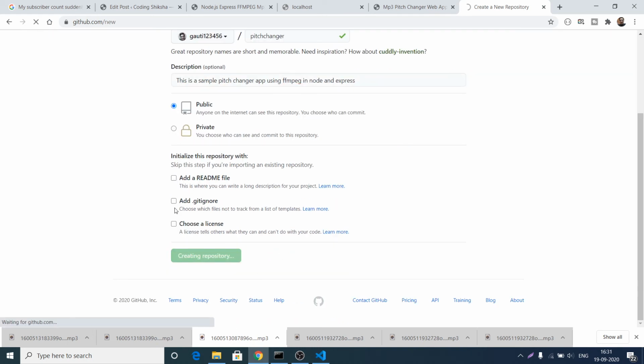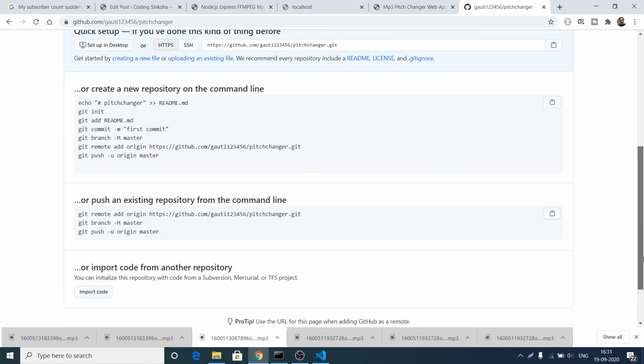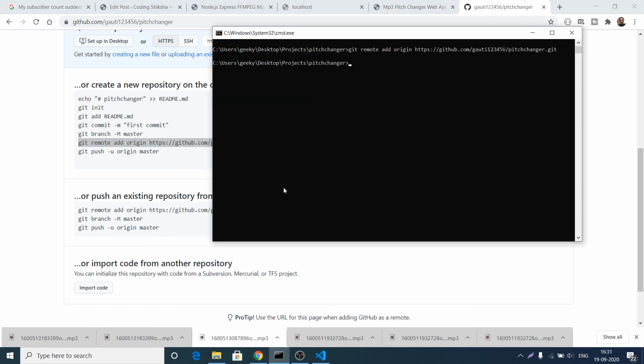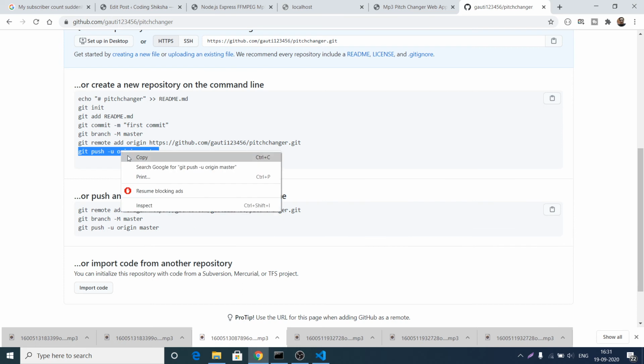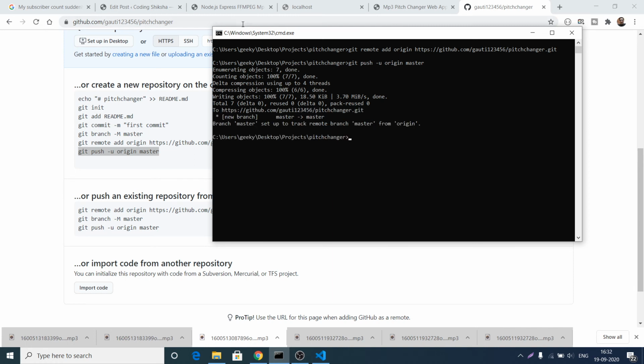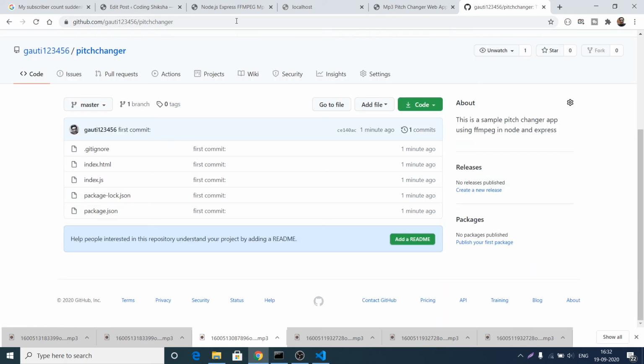So after that it will give you a unique URL. This is a command, git remote add origin. So simply you need to go and copy this command, and lastly you need to push the changes: git push -u origin master. So this will push all your files to the repository. So you will notice that your node_modules folder and the public and the uploads folder will not be uploaded. The public and uploads folder will automatically get created whenever you run the application for the very first time.